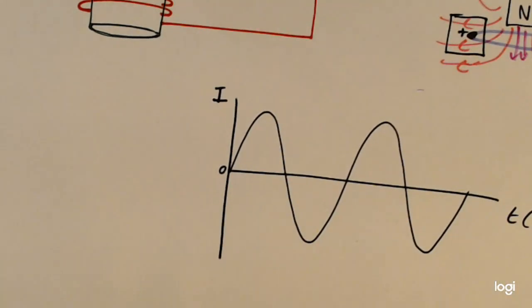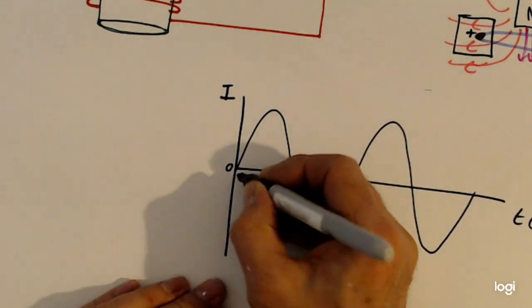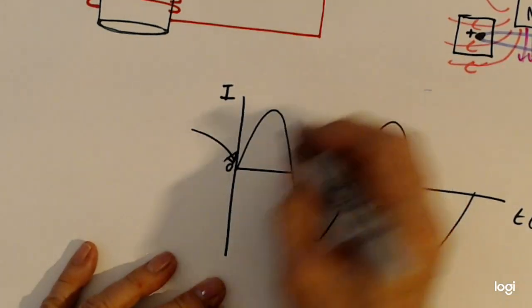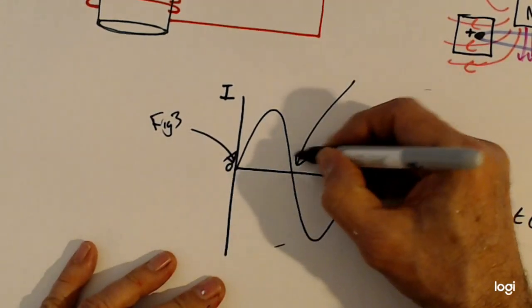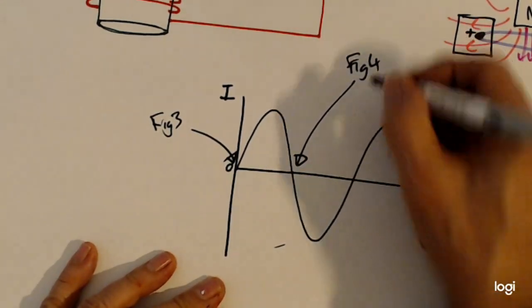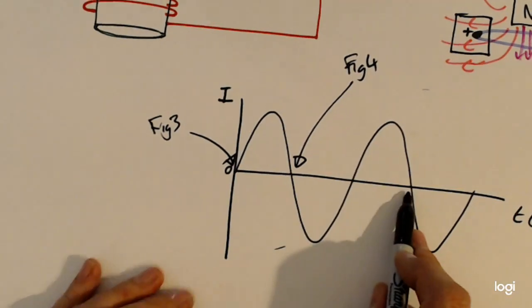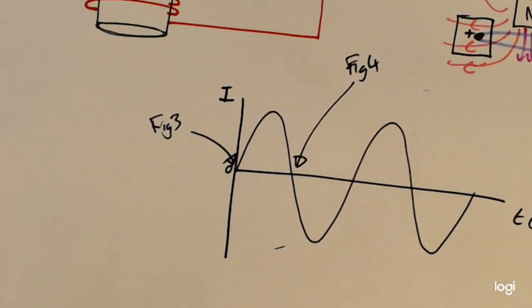Handy to know how to do a sine wave reasonably neatly. All right, so it's going to start at position 3. So that there is the position in figure 3. That there is the position in figure 4. That's back to figure 3. That's back to figure 4. That's back to figure 3 again. So